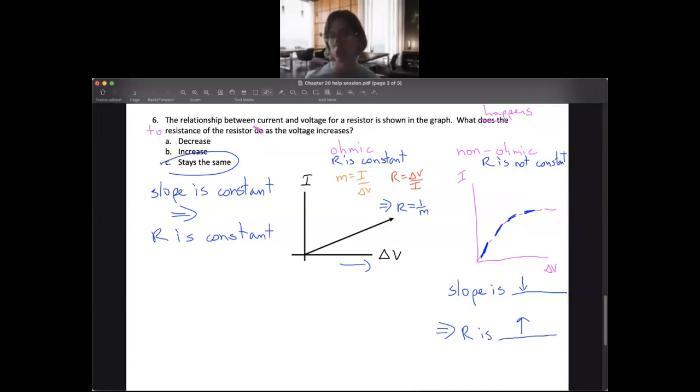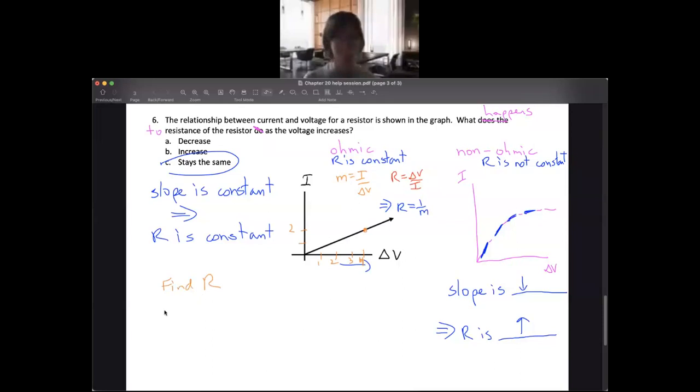I do have a couple of follow-up questions before we finish. One follow-up question is you should be able to calculate slope. So for example, if I had numbers here, let's say I had a point here and I had little tick marks, and this is 2 and this is 1, 2, 3, 4, right? And I asked you for this graph, I wouldn't ask you for this one, but for a straight line graph, if I would say, what is the resistance, find R,